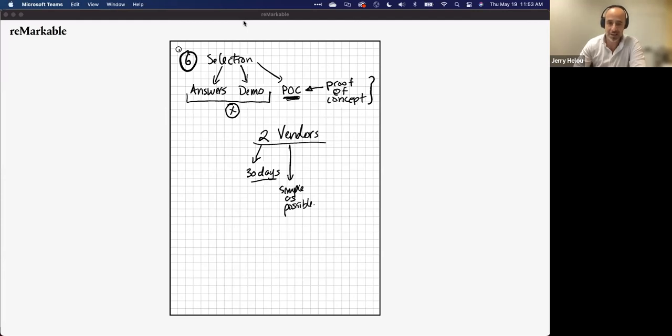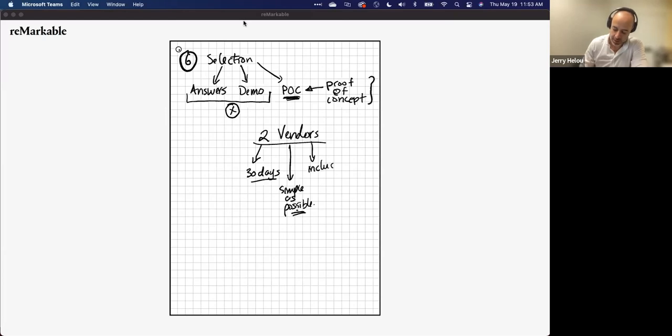If data collection is not a critical piece for you, and instead you want to see how data can be used within the platform, then just give them a flat file. Upload the flat file. Or if you want to test their API, tell them, I want to see how we can leverage your API to load this data into your system. So be very concise in that. So simplify it, and then